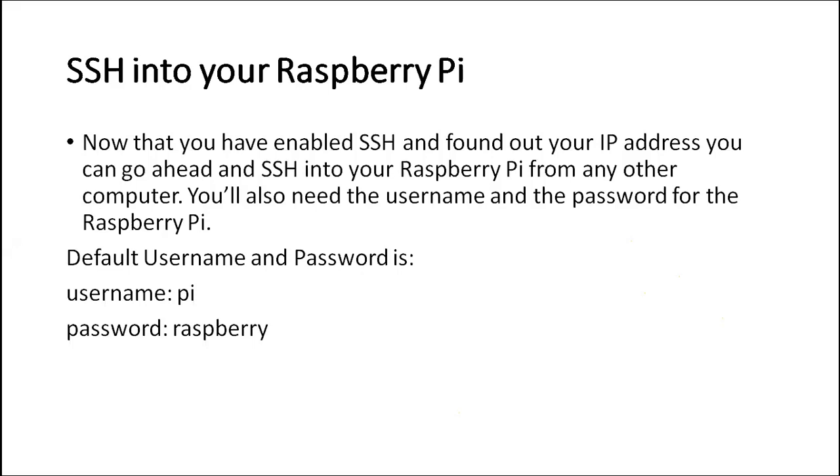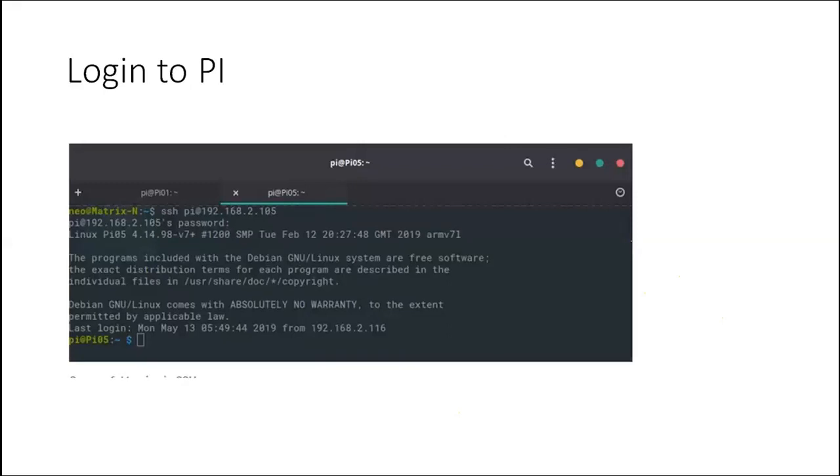Now in the next slide, if you see, this is the current system. Earlier in the current system you had some other name there. Now I have connected SSH. You can see that I have connected with ssh pi@, this IP address, 192.168.2.105. That is the IP address of your Raspberry Pi. When you give the IP address of the Raspberry Pi, it will ask for the password. Then if you type the password, you will be connected to the Raspberry Pi.